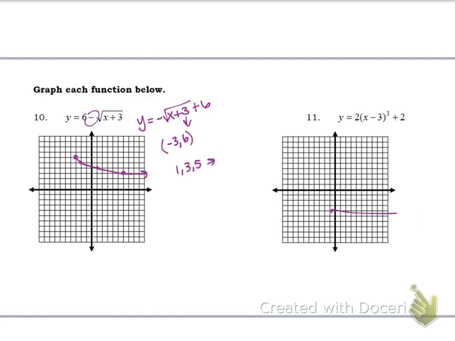Okay, my next one, we've got a cubic. So it's going to be 1, 7, 19 up, but it's stretching, so it'll be 2, 14, 38 up. I pull out that 3, I keep my 2 normal, so right 3, up 2. So I go right 1 up 2, right 1 up 14, which is way up there,